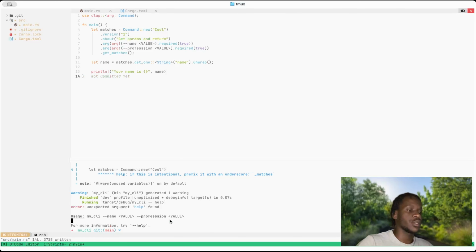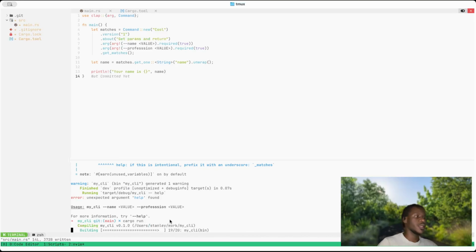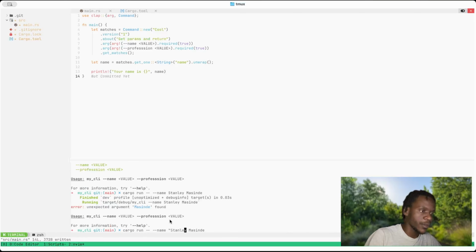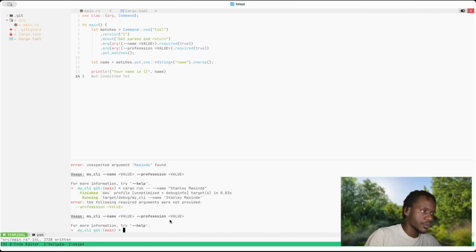That's not a good way of doing things, but of course there's validation. Name has to be passed for this thing to pass. Cargo run, it will just tell me I've not passed the correct parameters. Then yeah, profession is also required. So let me just do that now. Then profession,